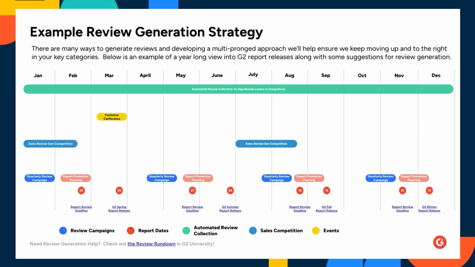Then beneath that is this yellow pill. In this example, we had a yearly conference where we would have a review booth. And sometimes if we didn't have a review booth, or maybe we were doing a digital conference, you can always pop up a QR code so that your customers can leave reviews at that time. So we had a yearly event. We made sure we collected reviews at that event. Then we worked closely with our sales team. One thing that was really important when I was doing this is that even a 5-star review that's stellar and filled out entirely might not be the 5-star review from the person that you want. You often want to get a quote from a leader. And one way that you can do that is by connecting with your sales team to drive reviews directly after implementation.